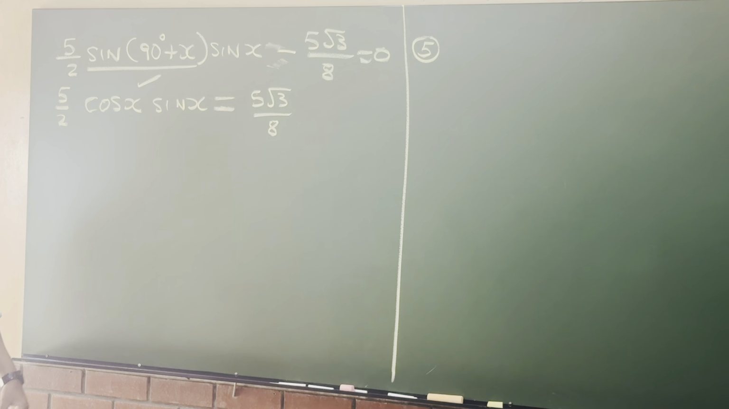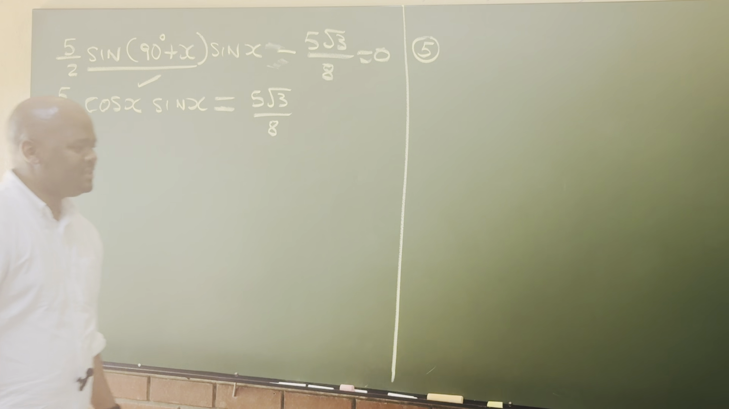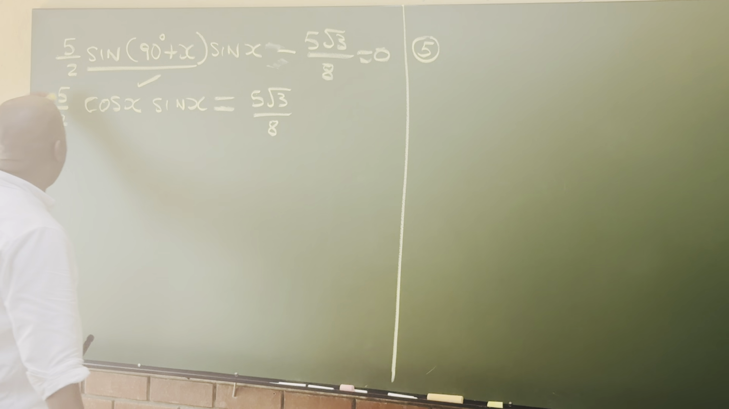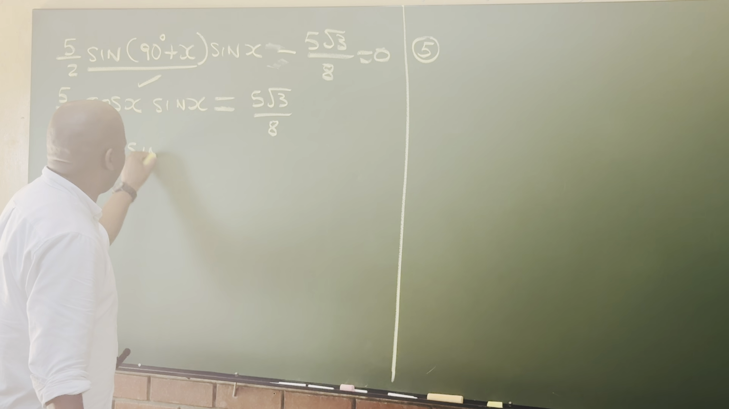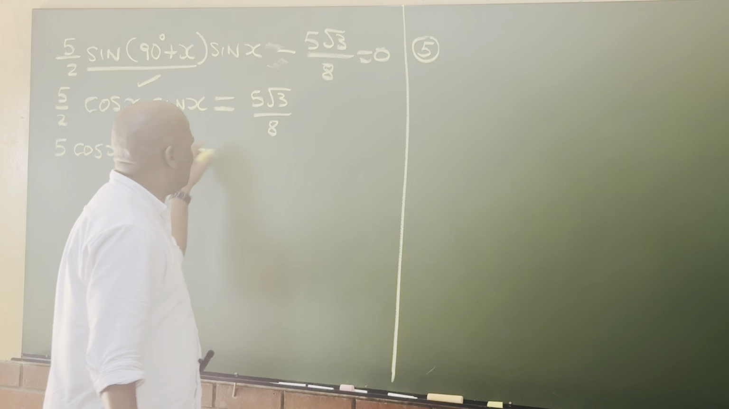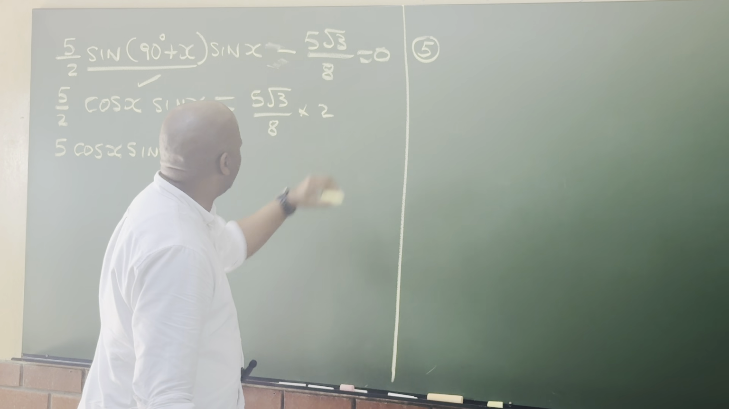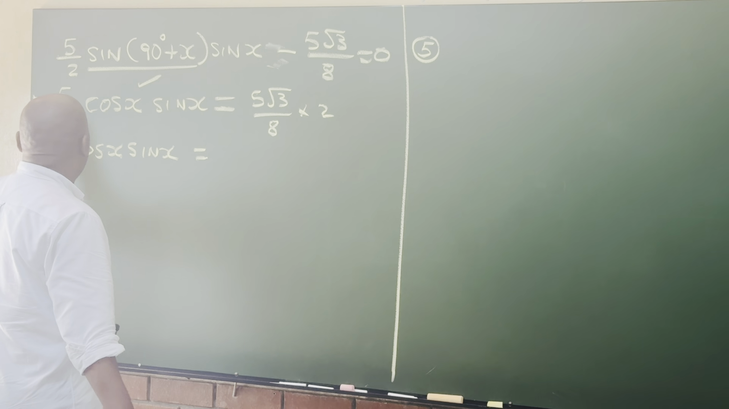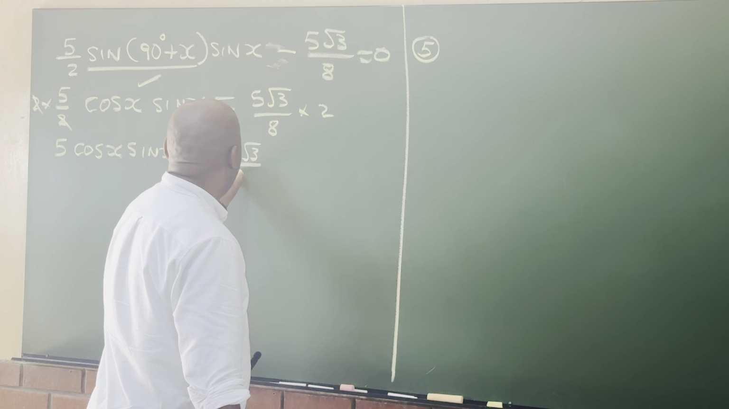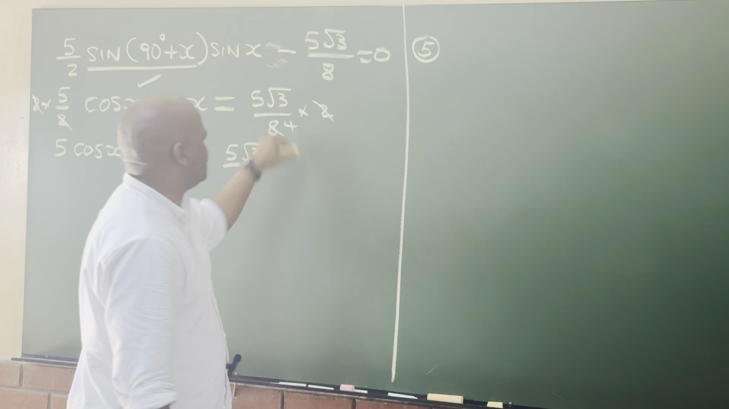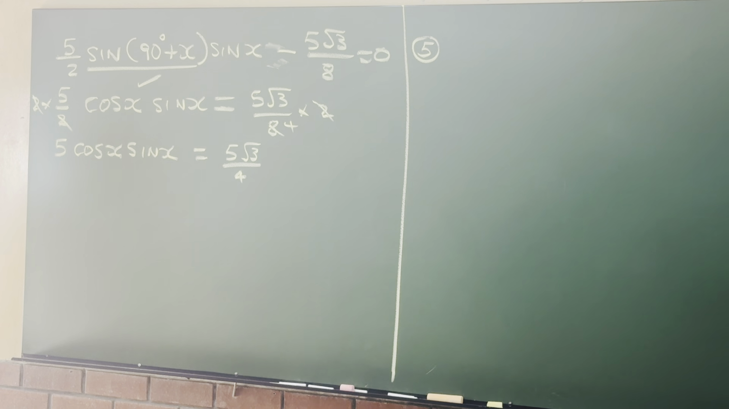And then our next step. What should be our next step? Yes. Multiply across by 2. So if we do that, we'll have 5 cos x sine x equals, if we multiply this by 2, what will happen? You'll have 5 root 3 over 4, because you'll have to divide there. Okay, and then after that,